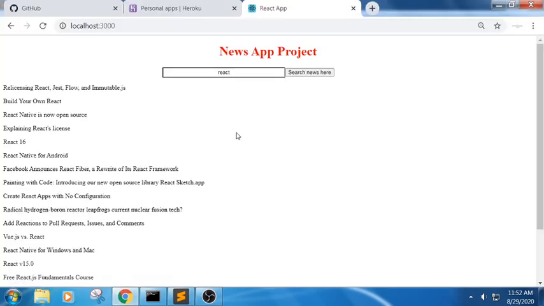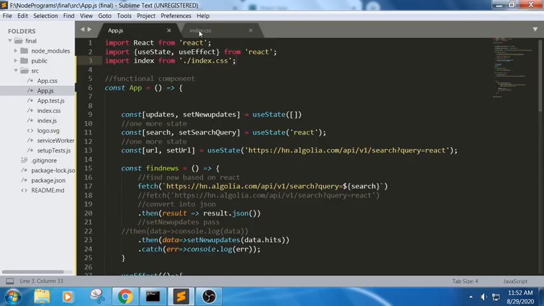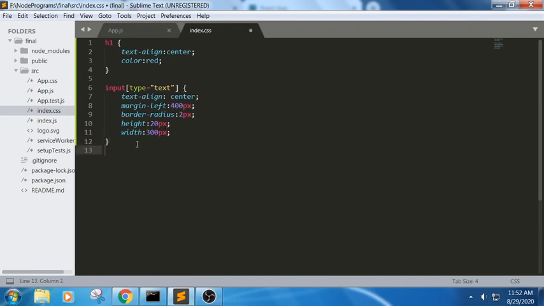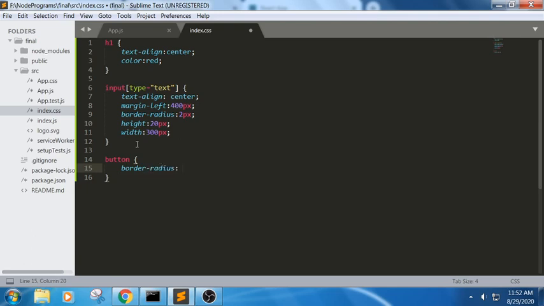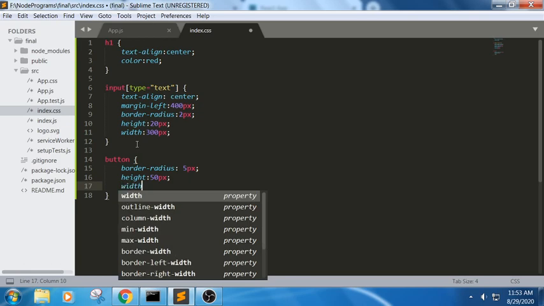So if you can see here, yes, we got it. We got it now for the input. If I want to write for the button also, we can write the CSS like button. If you have taken input type equal to button, then you need to write it in the attribute selector, which we have written in line number 6. Here we are trying to write border radius 5 pixel, height 50 pixel, and let me write these shapes.